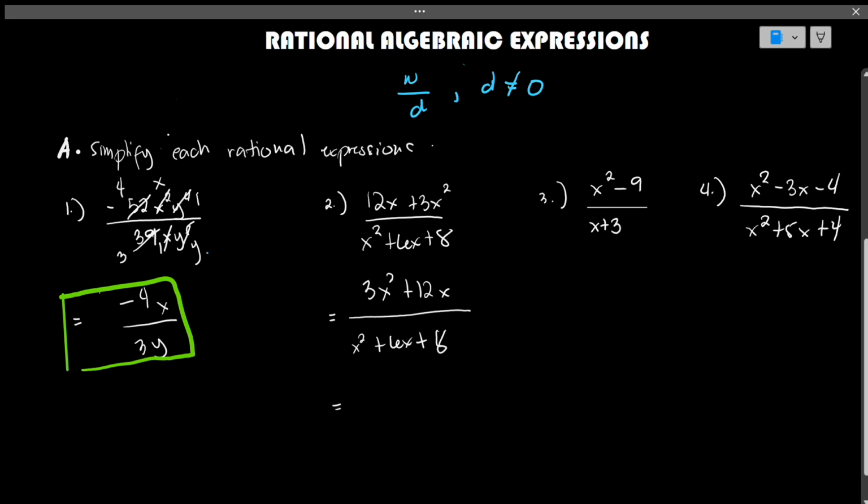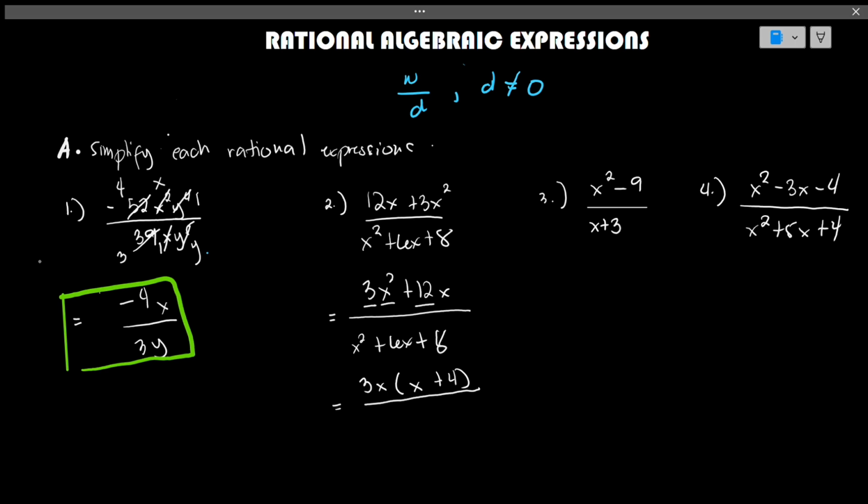Now, the next step that we need to do is to factor. As you can observe, they are common in terms of numerical coefficient, which is 3. And also, we just need to get the GCF. They're also common in terms of x, and their GCF will be 3x. Then the next step that we need to do is to get the remaining factor by simply dividing the original polynomial by your GCF. 3x squared divided by 3x, that will become x. 12x divided by 3x, that will become 4. And all over, now we just need to get the factors of x squared plus 6x plus 8.